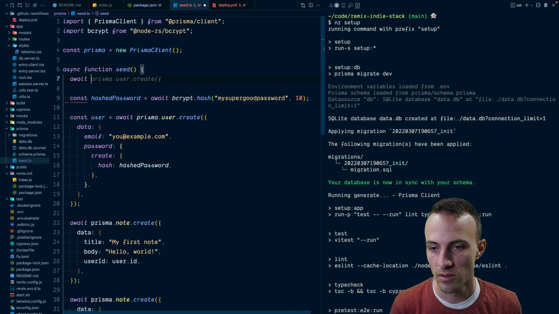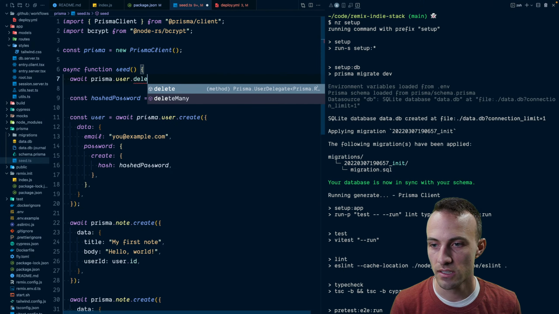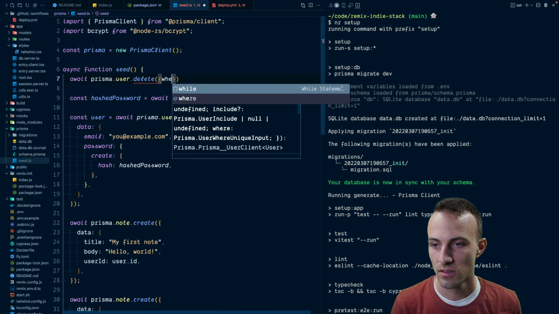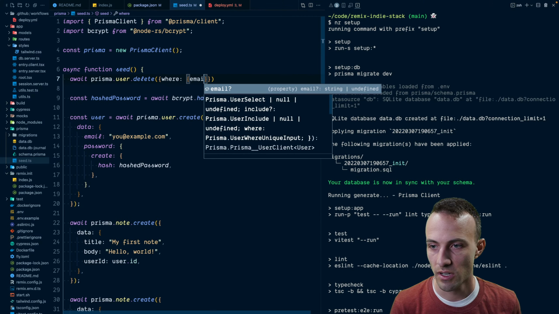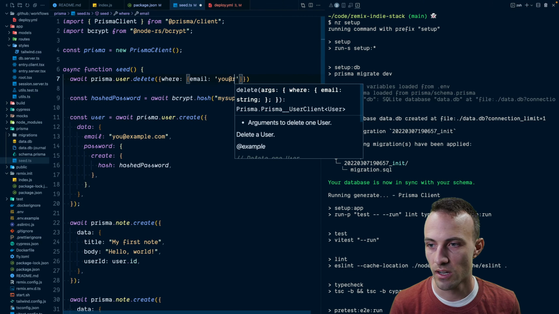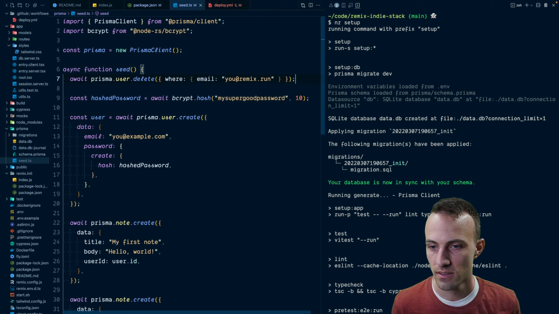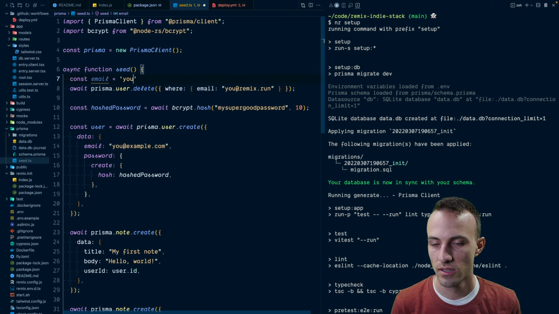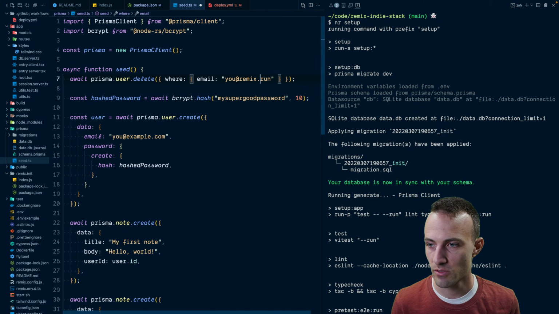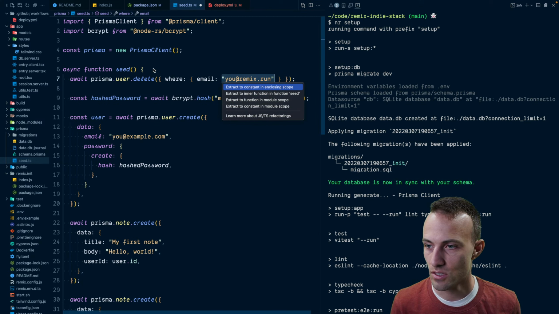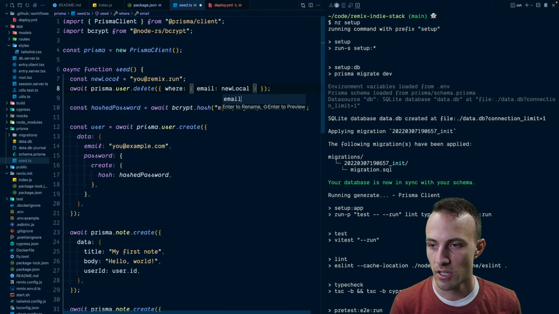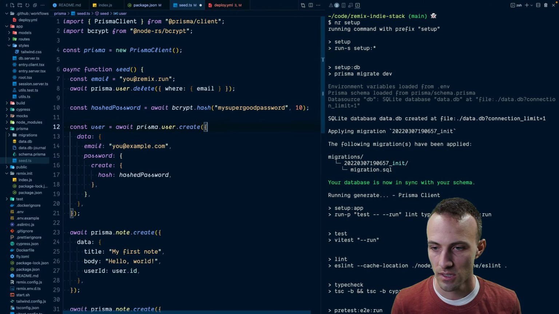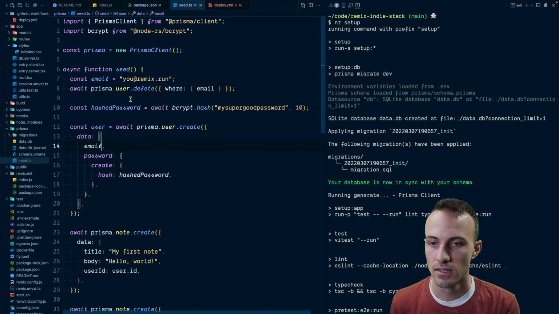Await Prisma user delete where email u@remix.run. Email you here. I need to get in the habit of doing this using my editor. Email. That way we can keep those consistent. Okay, so